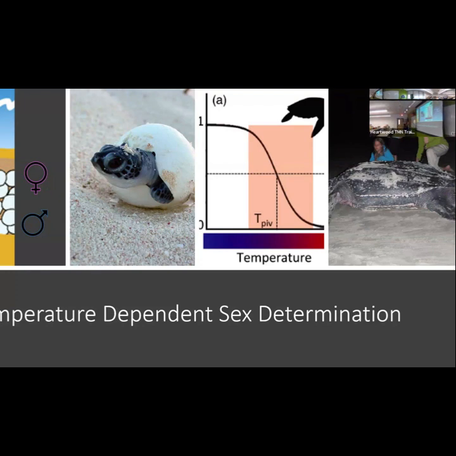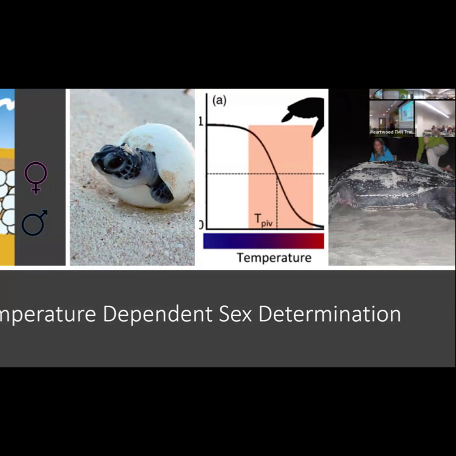I always like to pose the question, that's a leatherback sea turtle, those are giant, very big, they can get up to 2 tons. That's an enormous turtle. So I always like to ask the question, when we're thinking about climate change, how is that going to affect our sea turtle populations? More females. It's going to skew the sex ratio, correct?